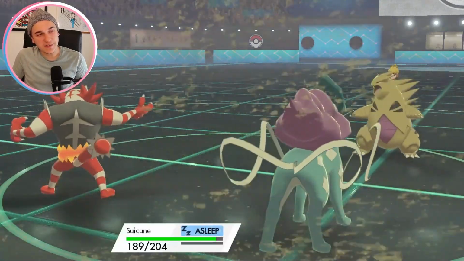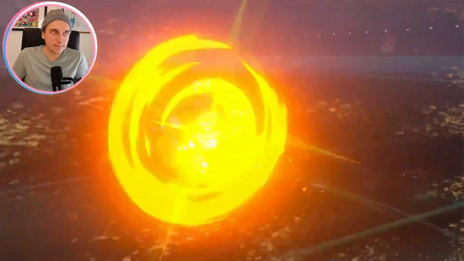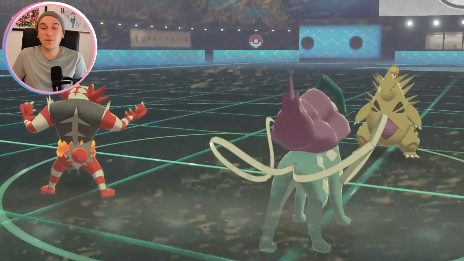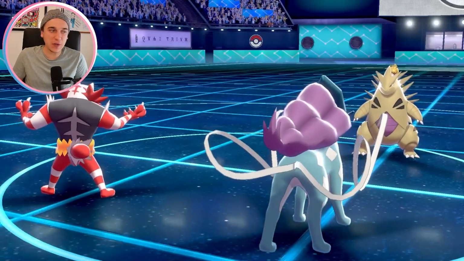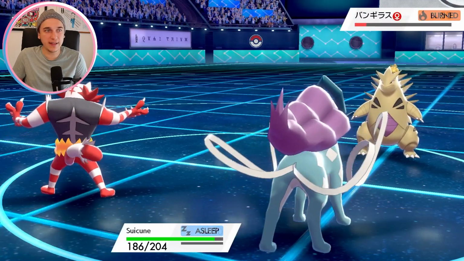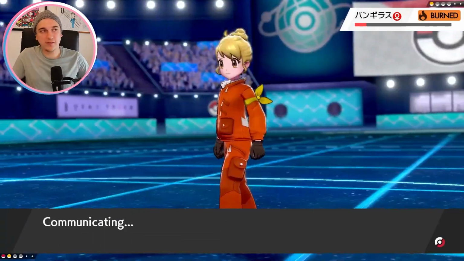Incin avoids the Rock Slide, so even Incin's like, last stand. I'm getting one more Flare Blitz off, boy. Let's go. Ooh. Oh! Incin lives the recoil, and then the Sandstorm goes away just in time to not KO Incin on the very, very last turn. Incin might do this on its own. If it avoids another Rock Slide,